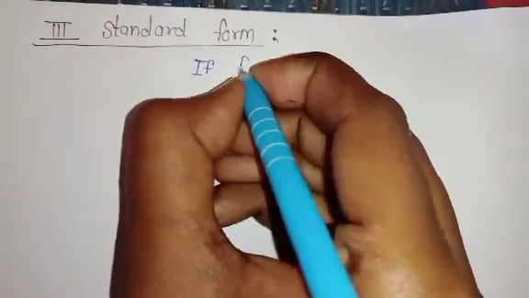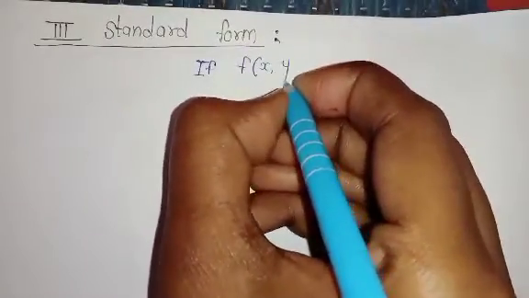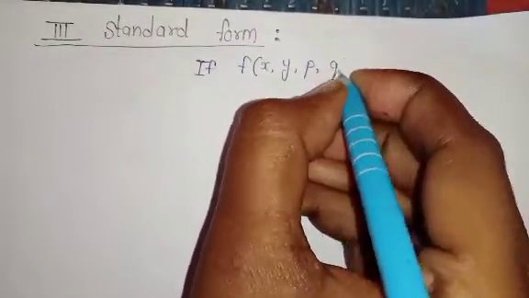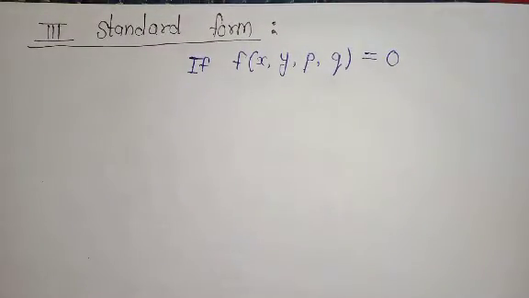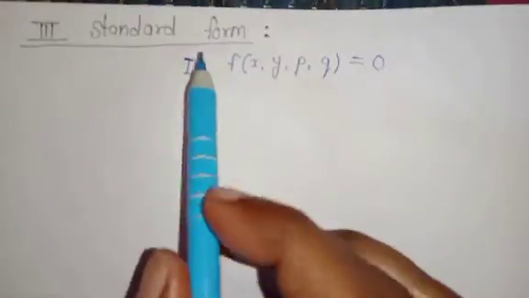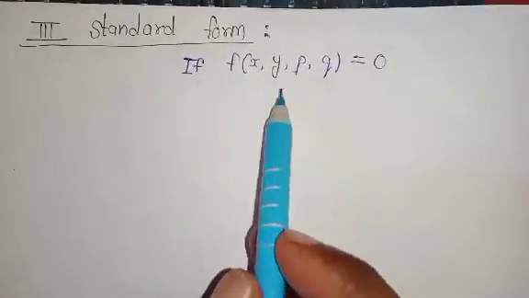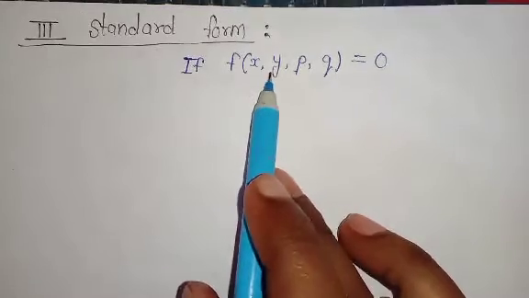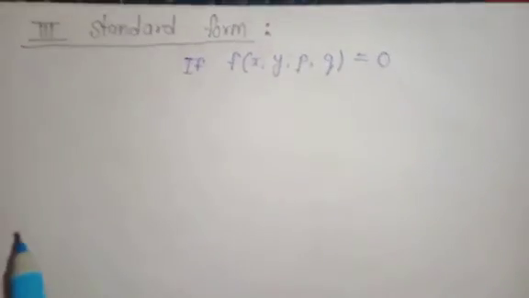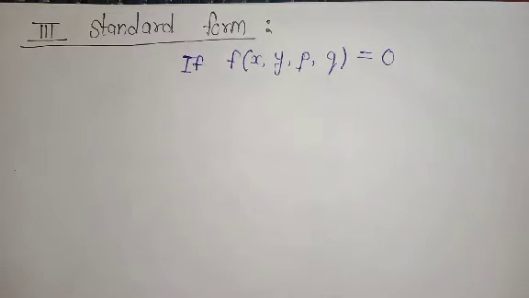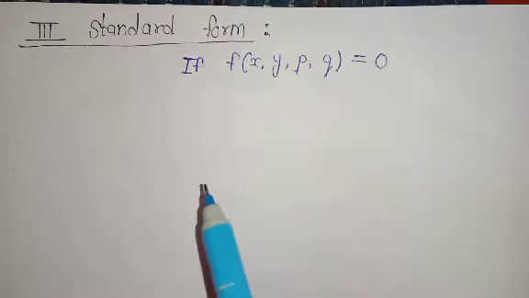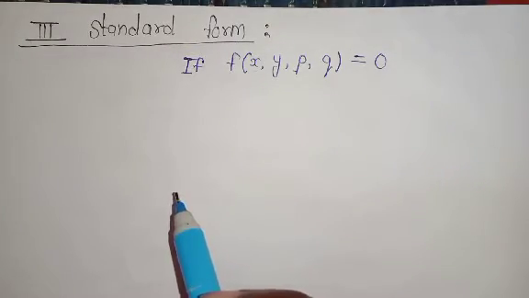So now we will discuss the third standard form, and it states that if our given function is present in the terms of x, y, p and q and there is no z, in that case we can apply the third standard form. In this case we take the function of p and x at one side and the terms of y and q at the other side, and then we equate it to a constant. After getting the value of p and q from those two equations, we can put it into the equation of general solution, and then we solve that.